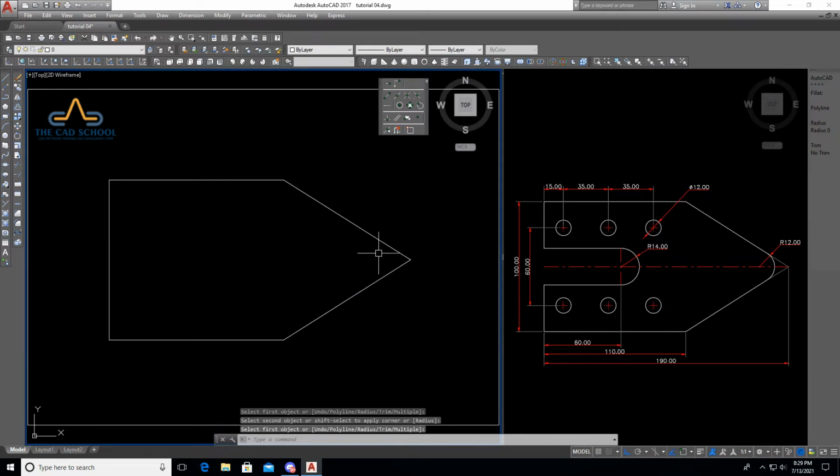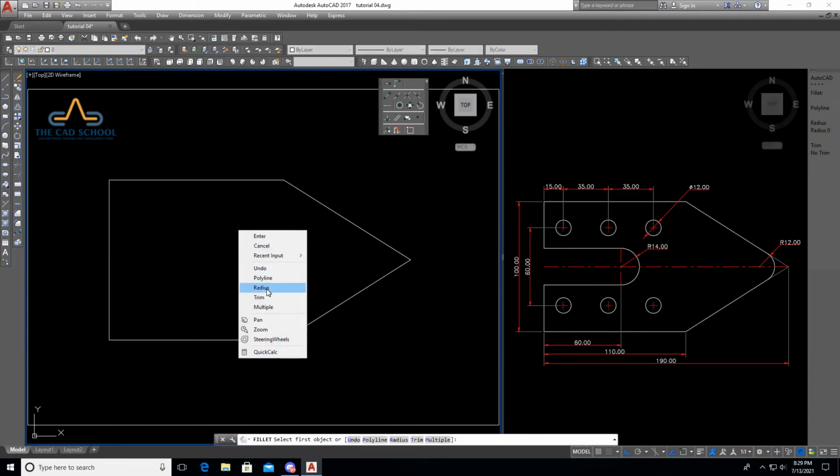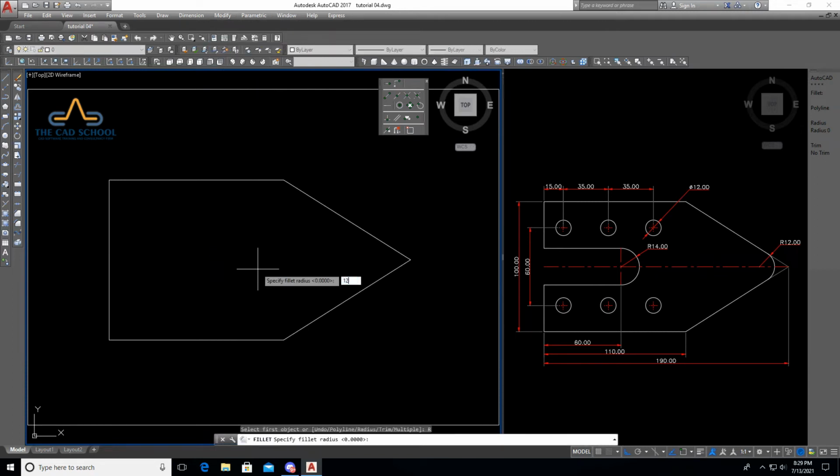Then to create a round corner of radius 12, we are going to use fillet. Specify the radius 12, enter, select both the objects. So here we have created the outer profile.